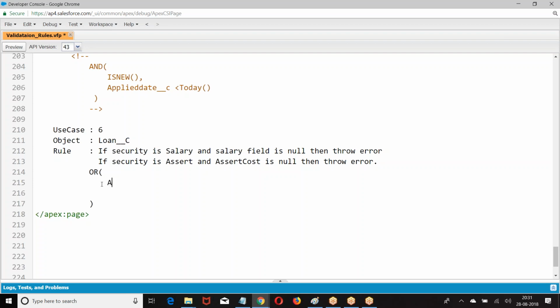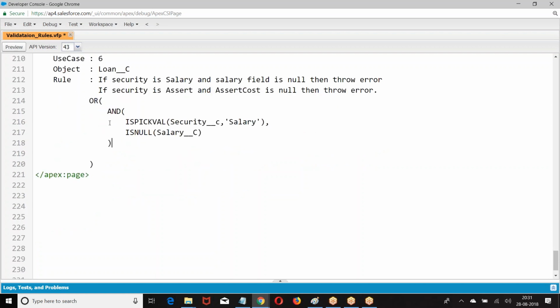Then check, and is equal, security is equal, if security is salary and is null of, if security is salary and salary is null, then throw error message.